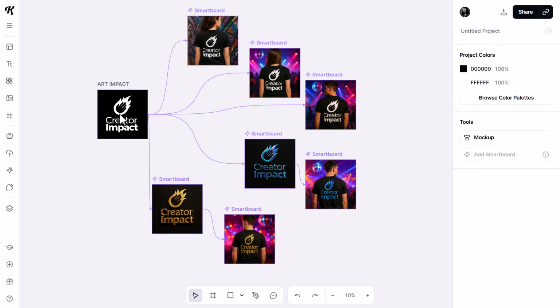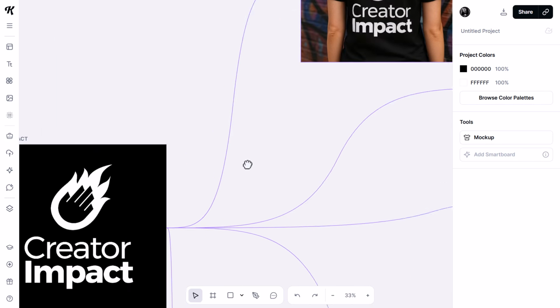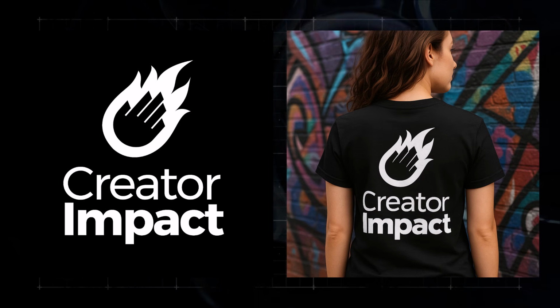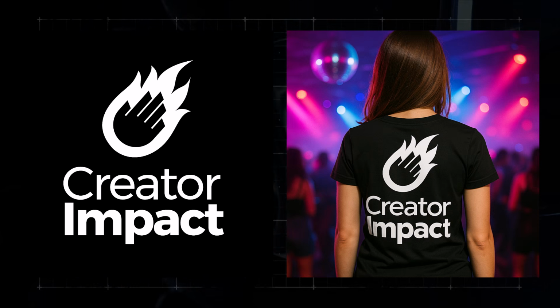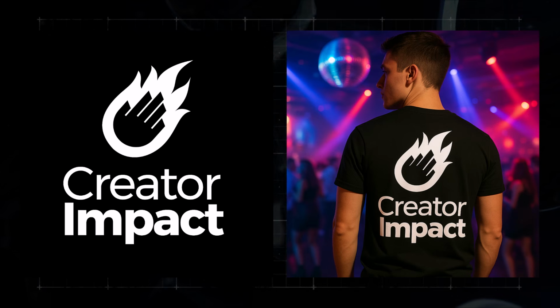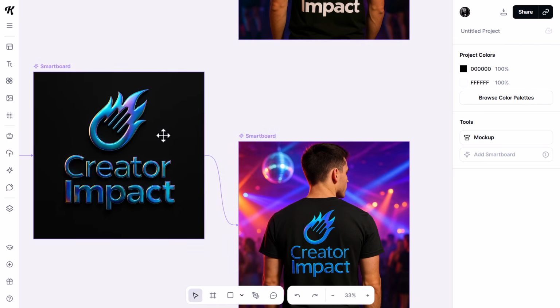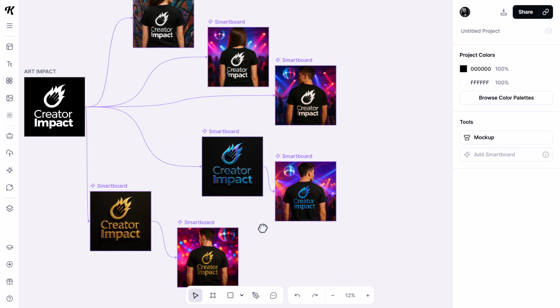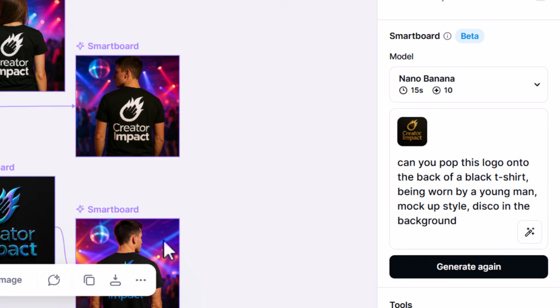So we have this one here, which I've set up previously. If I zoom in, you'll notice that the logo here looks like this. But when I move to some of these other boards, there are some slight changes to here. Slight changes here. Everything has a slight change. So with this logo in particular, the GPT image model that was used for flows here is actually struggling a fair bit. So what I can do is click on a board, change this over to Nano Banana,